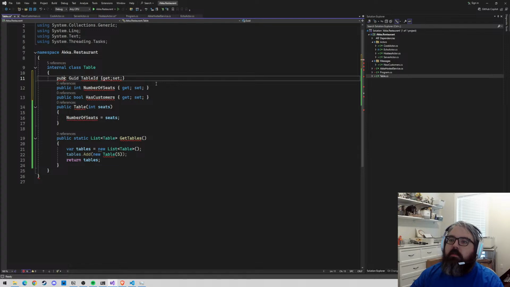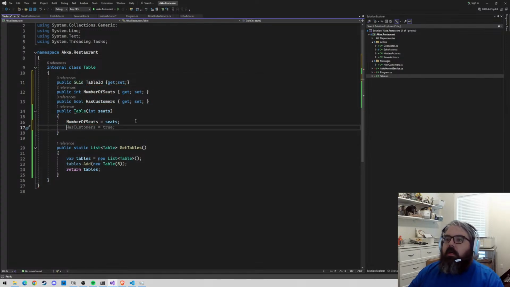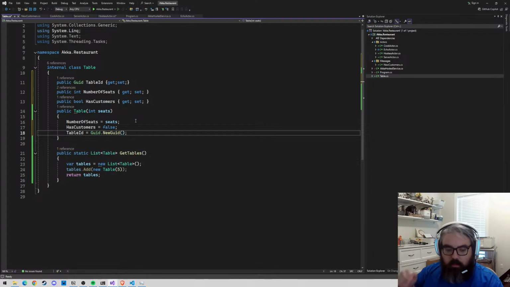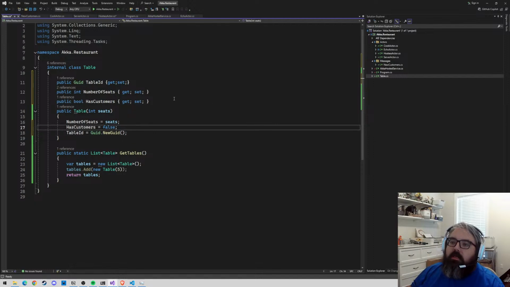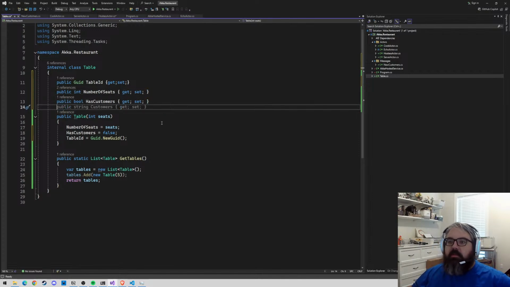If not, then whatever. Has customers is equal to false. Table ID is equal to GUID dot new GUID. Right, so far we have a table class with the number of available seats, and if it is actually full of customers or not,